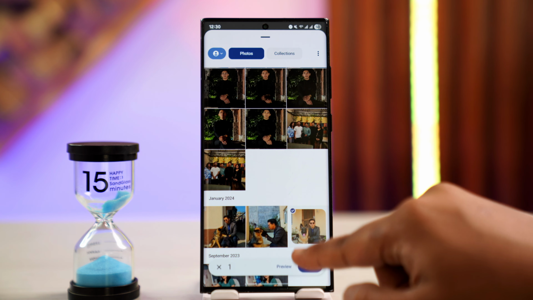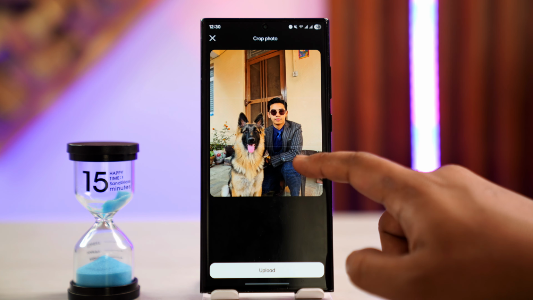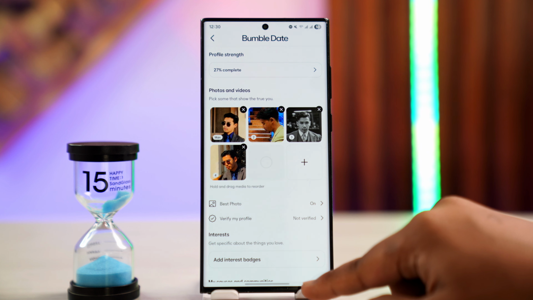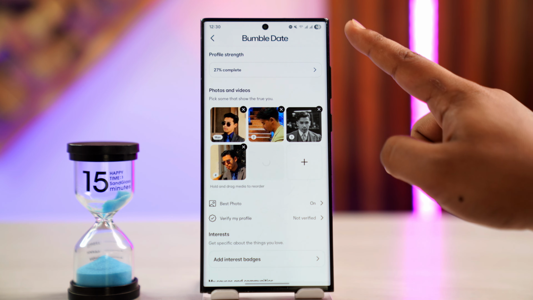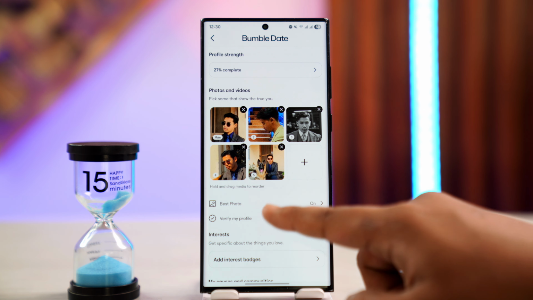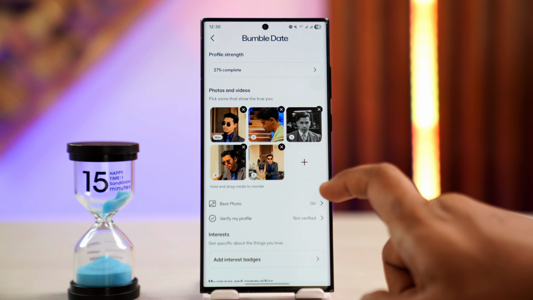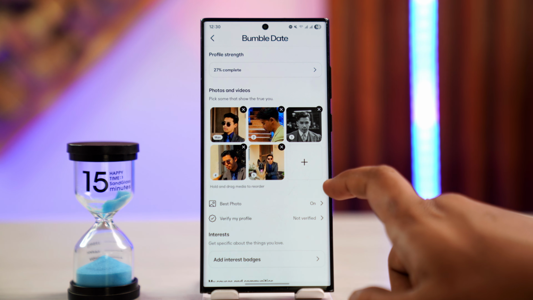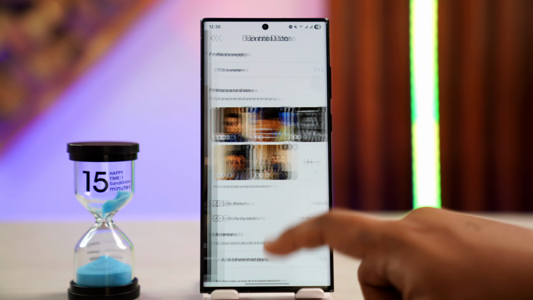not wait for the image to load like this, so let me just tap on this done button. You have to wait until the image loads up, then tap on the upload button. Be patient, make sure you're connected to the internet, and now you can see it will be loaded up successfully. And this is how you can go ahead and load your images on Bumble and fix it if it